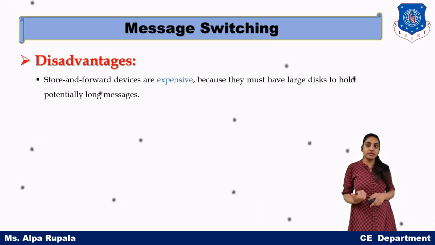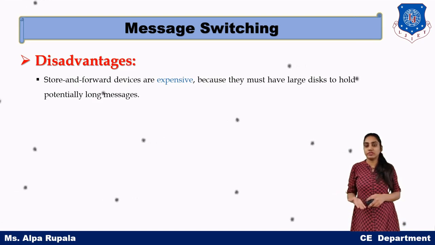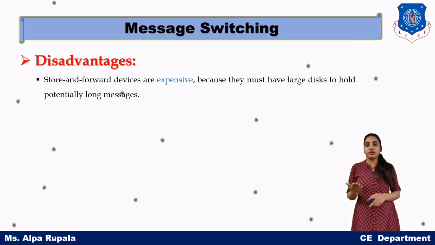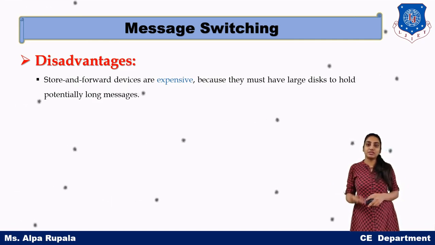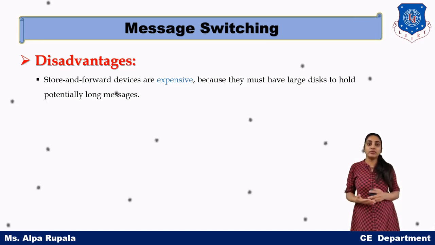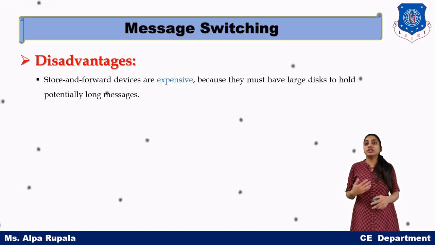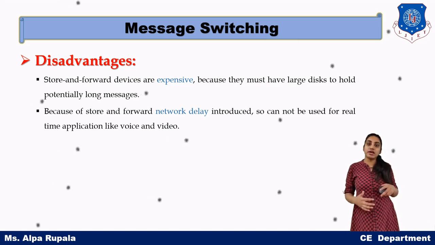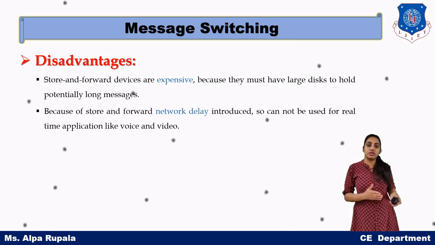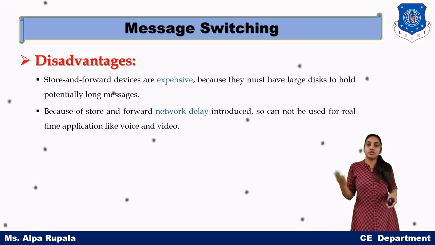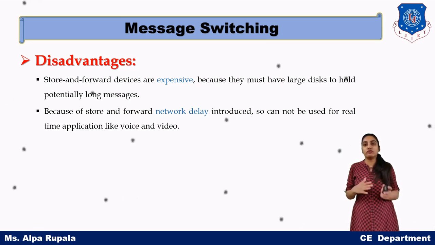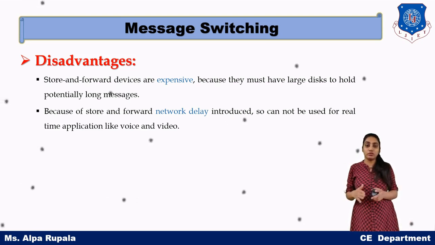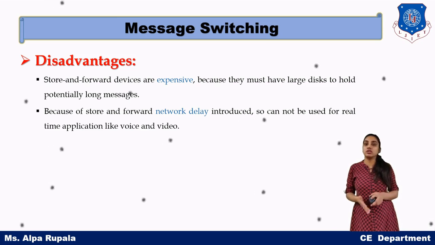Next is the disadvantage. Obviously, we know that store and forward network, due to the large packet size of your data, requires storage space, which is ROM. So ultimately ROM has a higher cost, so it is very expensive, and there will be network delay because we are having the store and forward network. Your data is stored someplace and then forwarded. So for real-life or real voice data transfer, we cannot use message switching.